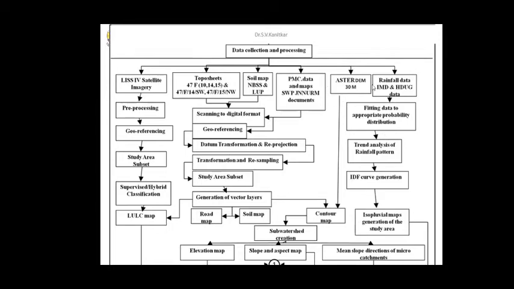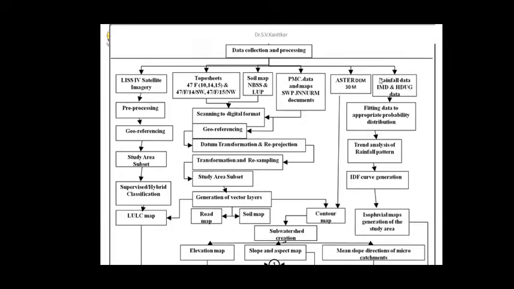You can also import ASTER data of 30-meter resolution, or you can have Cartosat, or you can have SRTM data of, say, 90-meter resolution free of cost, from the USGS site, and from ASTER also you can have your own contour map of the study area. The last data that is required is rainfall data, which you collect from IMD, and also rainfall data from the Hydrological Data User Group from the data center at Nashik.